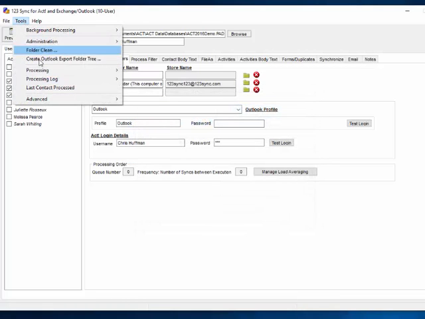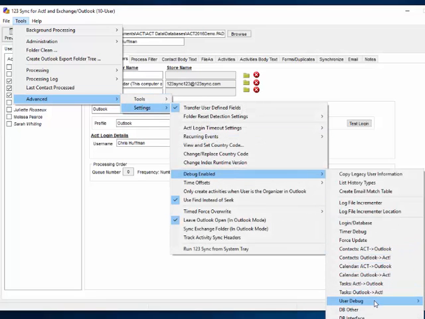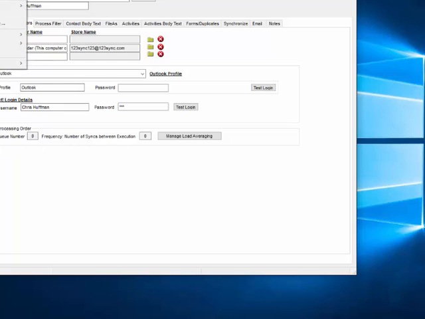So you can just go into Tools, Advanced Settings, and you go into the User Debug, and it's Debug Calendar. You just uncheck that, and then go back in there,